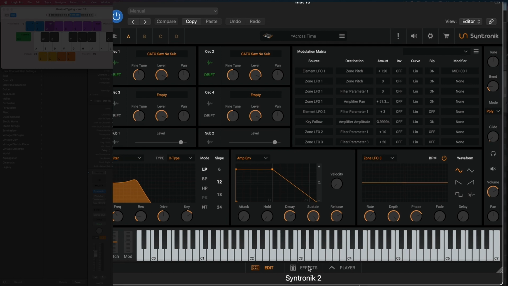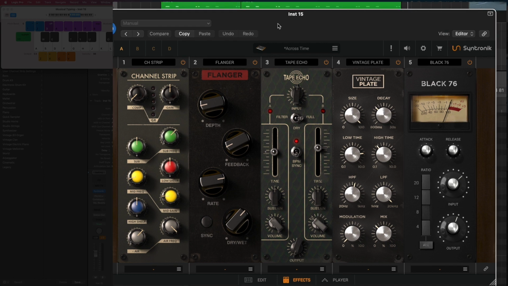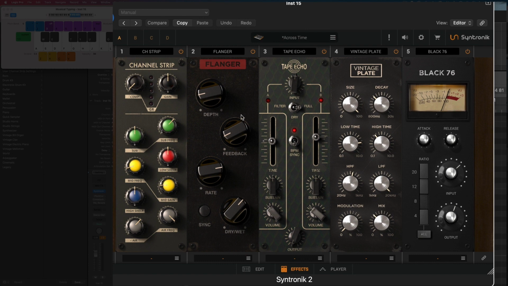So that is the edit panel, but we also have the effects panel here, and Syntronik comes with 71 different effects, which is pretty awesome. So you can further color your sound and you don't have to worry about adding in a bunch of extra plugins. You can get the sound you want right here inside of the synth itself. So by default, it has a channel strip plugin here. It has a flanger, tape echo, vintage plate, and then a compressor. So that's interesting. So if we listen to this,